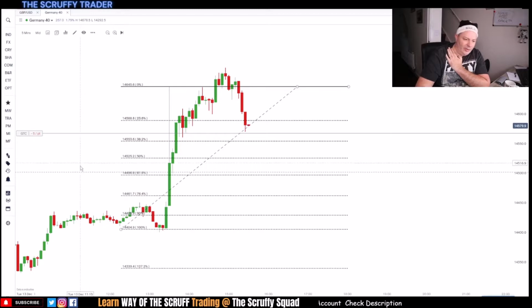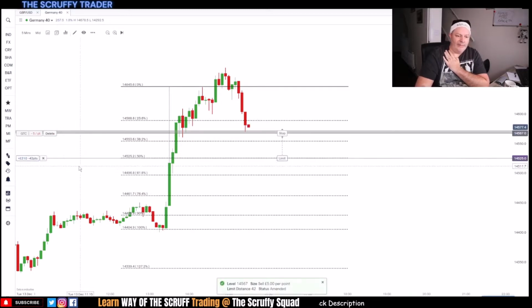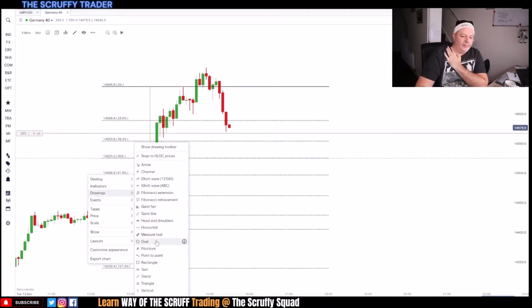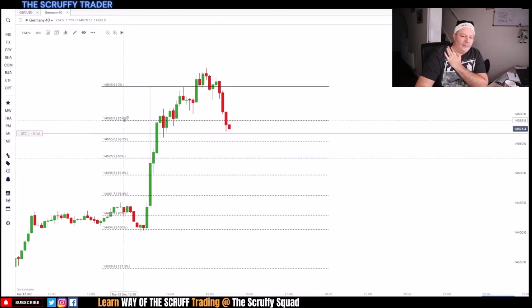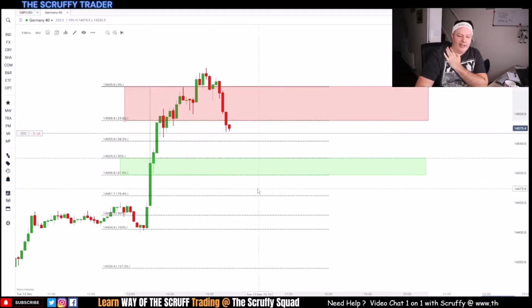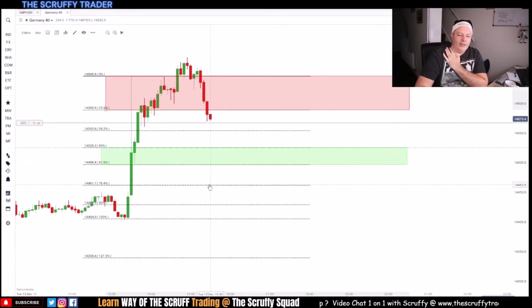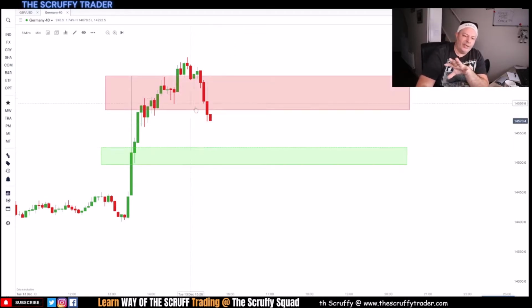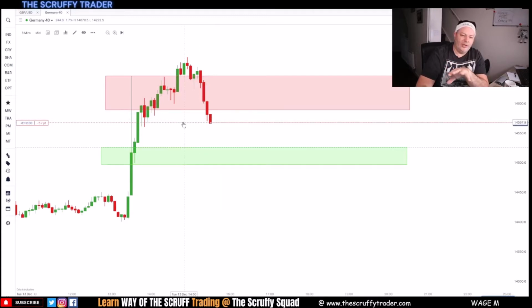So what I'm going to do is just tidy that up there. I'm going to kind of zone it out and explain it a little bit to you. So if I take this rectangle here, duplicate it, put that down here somewhere. The green is the target zone, and the red is kind of the entry zone. All right, so just get rid of that. Don't need them anymore. So what it's done, it's made a break. There it is. It's entered the trade now as we speak,